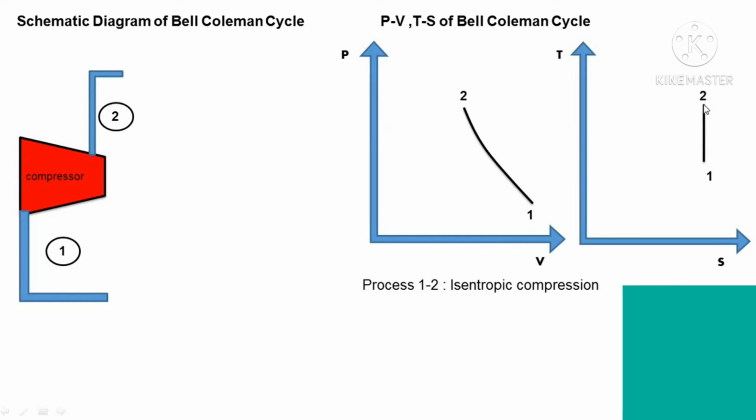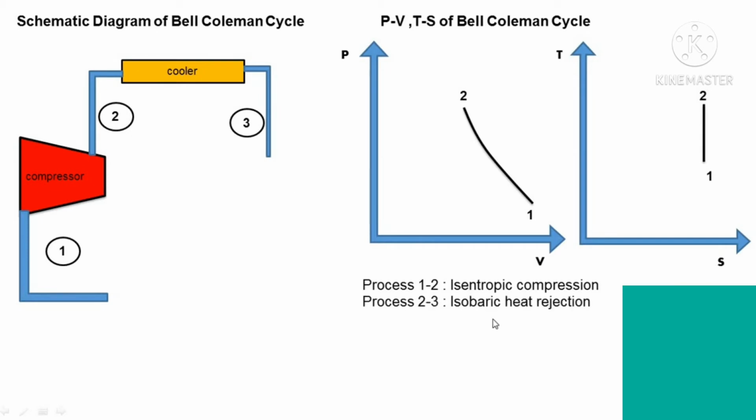So the entropy during the process 1 to 2 is constant, that is S1 equal to S2, and the temperature of the air is increased due to compression from T1 to T2. Now this high temperature and high pressure air is delivered to the next component, that is the cooler,